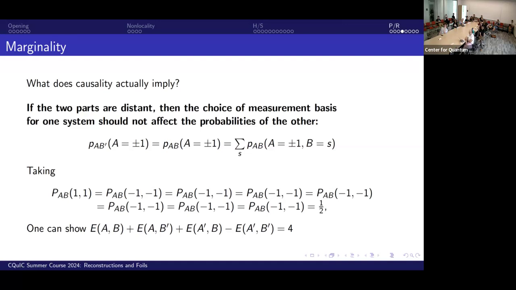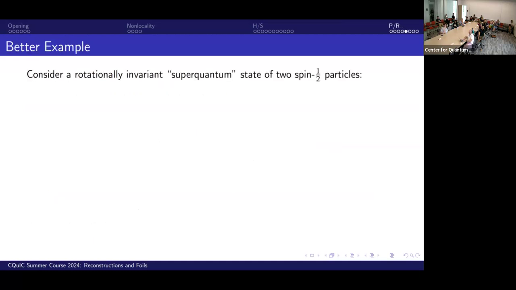But my big point here is that there is some way, with this constraint on marginalization, of assigning probabilities such that this Bell sum of correlations has a value of 4, which is greater than the 2 root 2 predicted by regular quantum mechanics here. So in other words, you can posit that there might be some kinds of theories that can produce, in a sense, stronger correlations than quantum mechanics.